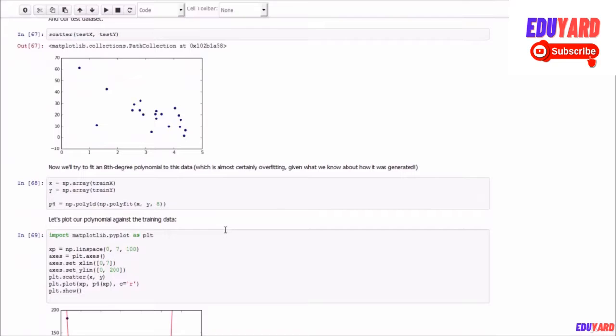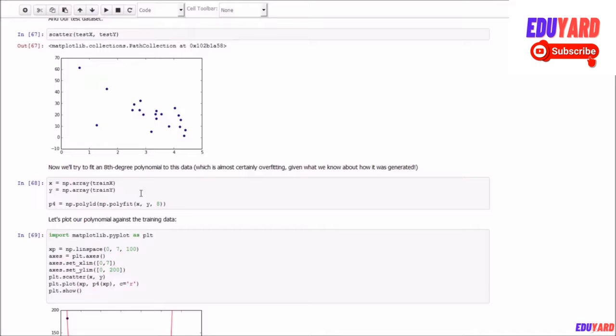So now I am going to try to fit an 8th degree polynomial to this data. I am just going to pick the number 8 at random because I know it's really high order and it's probably overfitting. So let's go ahead and fit our 8th degree polynomial using np.poly1d with x, y and 8, where x is an array of the training data only and y is an array of the training data only, not the testing data.